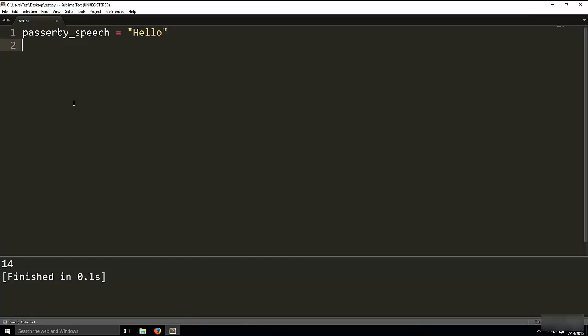And then we're going to have our response, let's say called me equals hi if, so we're writing the conditions in line along with the value, if passerby speech equals hello, don't forget the double equal sign, hello, or passerby speech equals hi, else